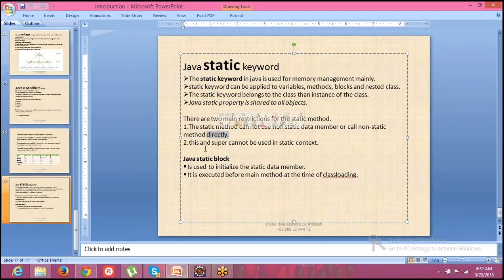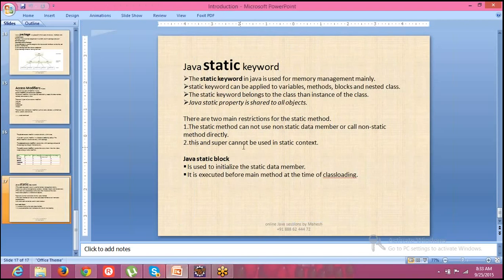Now here, this and super cannot be used in a static context. This is a keyword, like static, and super is also a keyword, like the static keyword. These two keywords we cannot use in a static context.